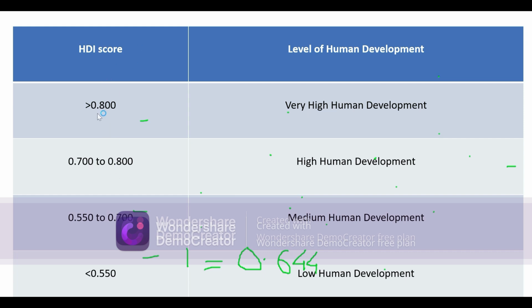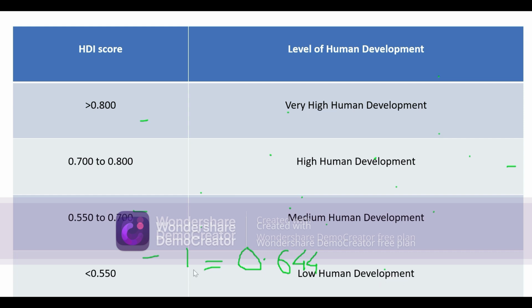HDI score of greater than 0.800 reflects that there is very high human development, and the HDI score between 0.700 to 0.800 indicates high human development. HDI score between 0.550 and 0.700 indicates medium human development, and the HDI score below 0.550 indicates